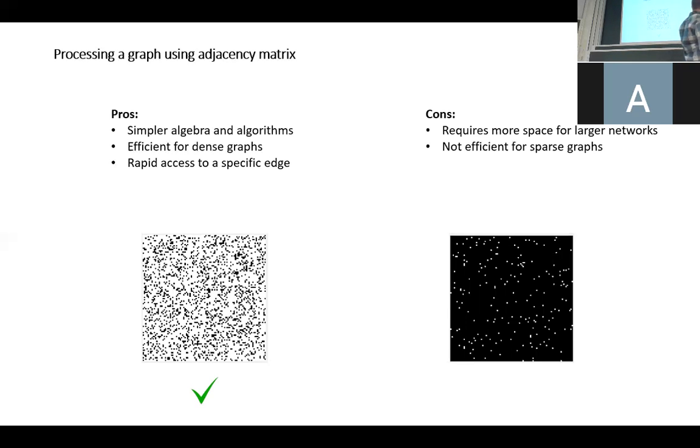If I have such a network, let's say with 10,000 nodes, or even bigger. Think about larger networks, for example, electric circuits in a whole country, the electric units or transformers that are connected to each other. Very few edges, but a lot of nodes. Here I would need a 100,000 by 100,000 array. Instead, if I have fewer edges, I can just keep a list, right? It would be more efficient to